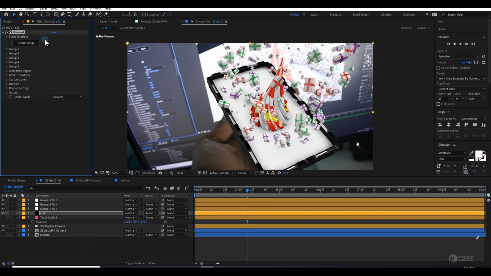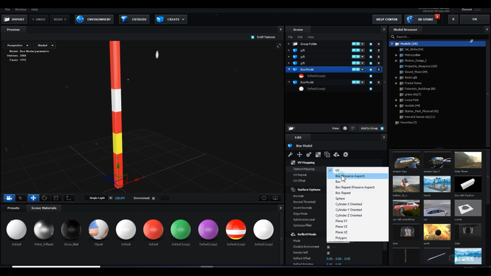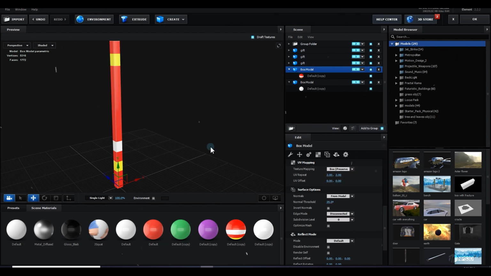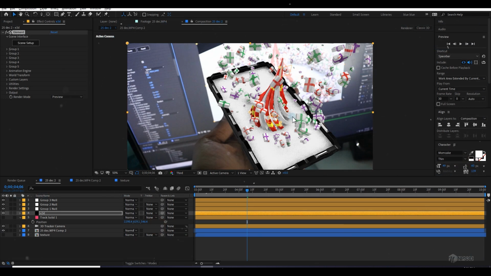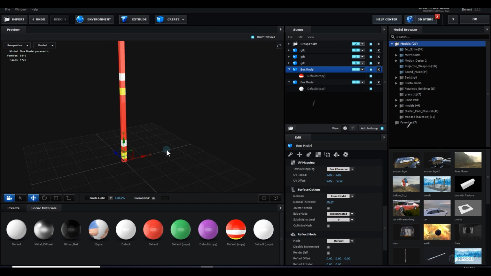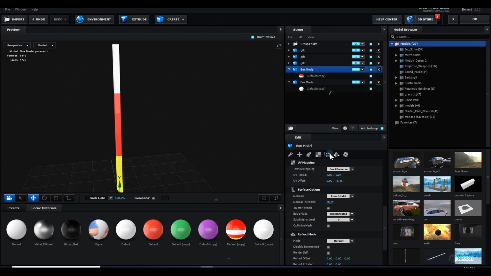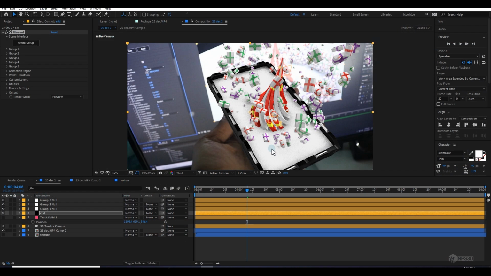So pretty good. What you can do more is you can just select this box, go to the UV mapping and make it box and make it 2 by 2 like this way. If you want, you can just do it like this way also, or you can select this model, go to the UV mapping and you can just play with it. If you don't want to make it like that, you can make it like this as well. So there is no limitation. I'm showing you all the controls which you can use.